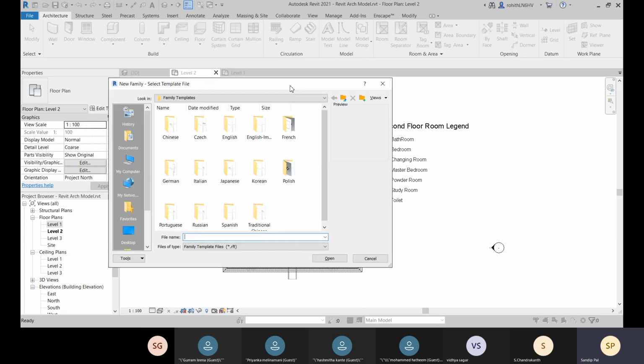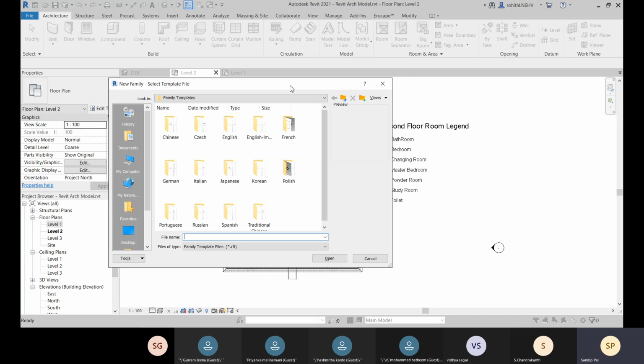Okay. So guys, you all know the Revit file types. Do you know we have four types of Revit files? Do you know that? Hello. No, sir. Can you please tell us? Yeah, sure. So we have project file, we have project template file, we have family file, and we have family template file. These are the four file types in Revit.